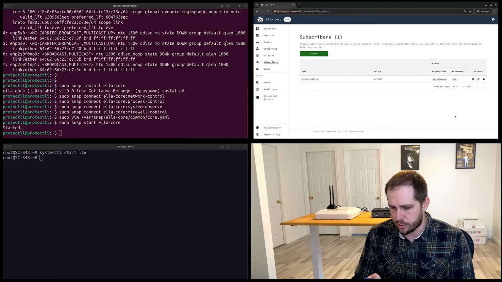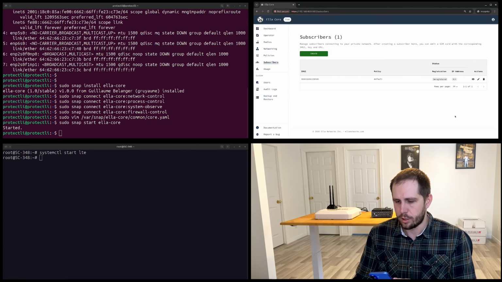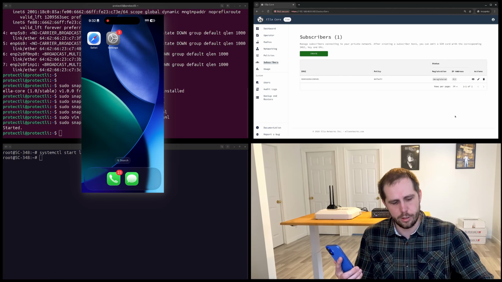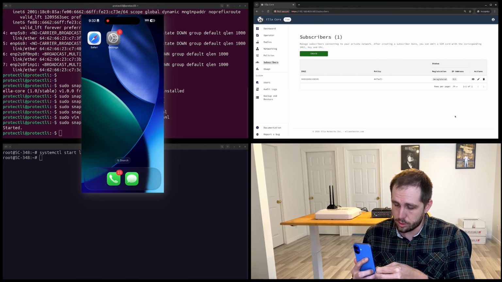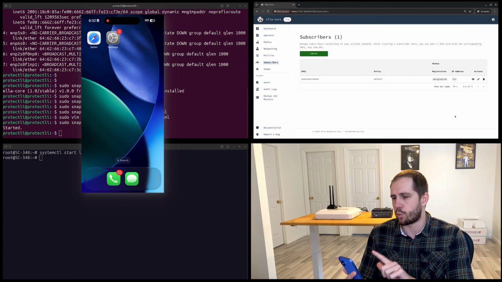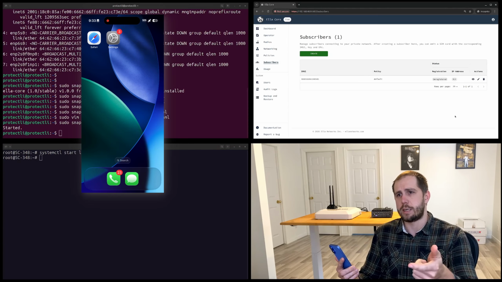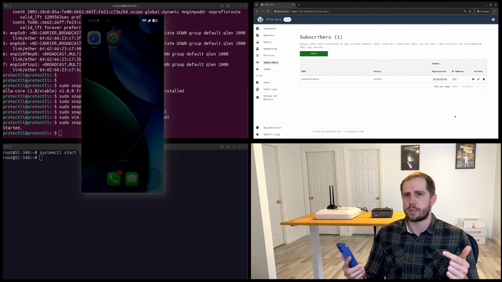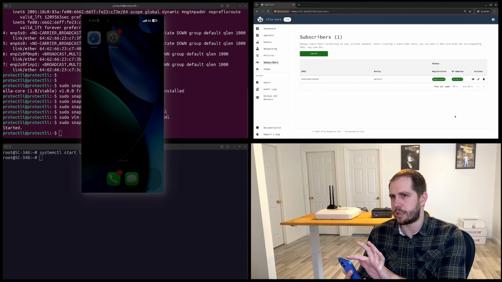So let me first press screen record so that you can see what I'm doing. Okay, so now I'm screen recording here, and I'll take the SIM card and insert it into the iPhone. Okay, there we go. In a few seconds, instead of the SOS at the top right, we'll see the 5G connectivity get started. That takes a few moments. What we'll also see is in the Ella Core UI, instead of the subscriber being set to deregistered, it will go to registered. Okay, so now on the iPhone, I see that I'm connected to 5G.